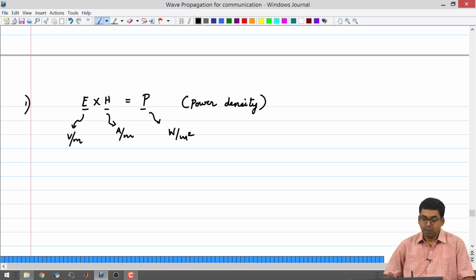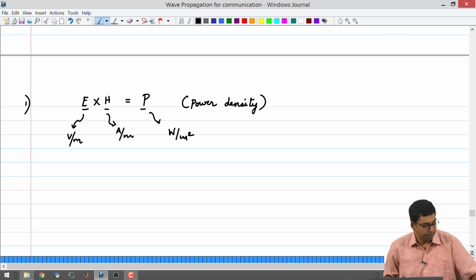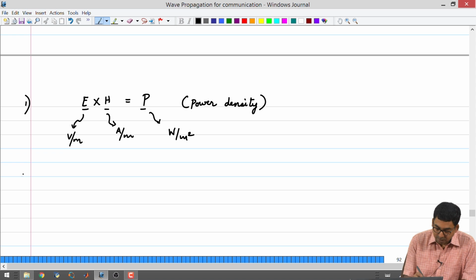So, in a generic sense, the right hand side represents a quantity similar to apparent power in electric circuits, where you had the unit to be volt amperes. In the case of electric power, you would have talked about apparent power, active power and reactive power. So, this right hand side is equivalently the apparent power in electric circuits.